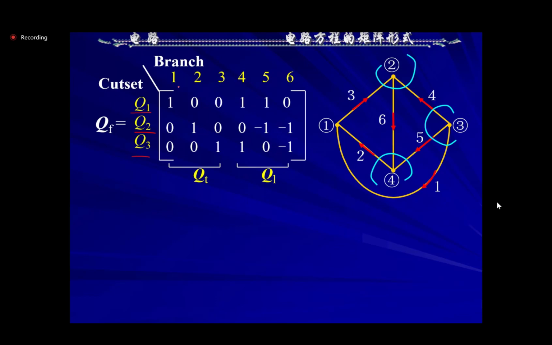So we use 1, 2, 3 at first. This is tree first, and the co-tree later. Tree 1 is cutset 1, tree 2 is cutset 2, tree 3 is cutset 3. This is the first question. The second question to pay attention to is the direction